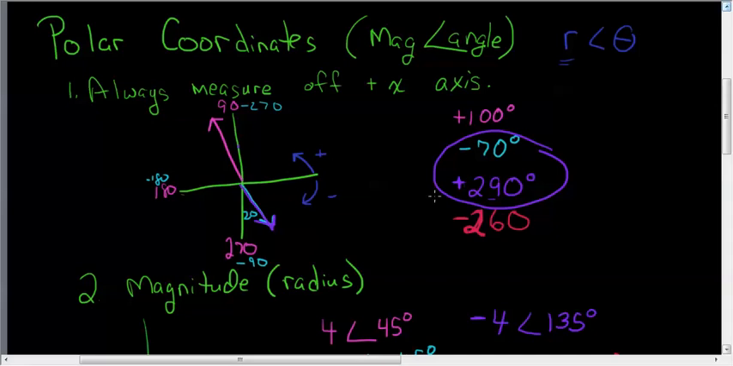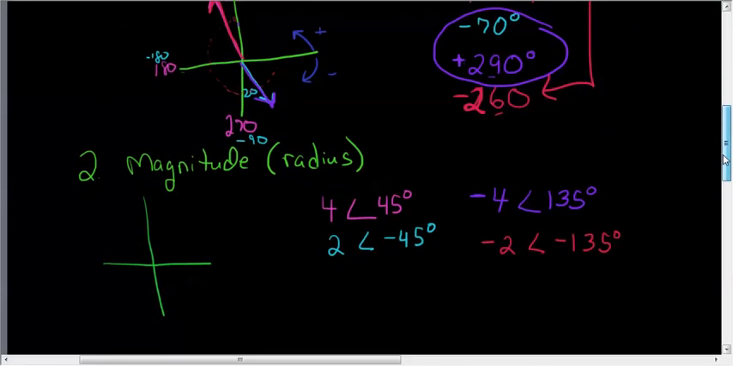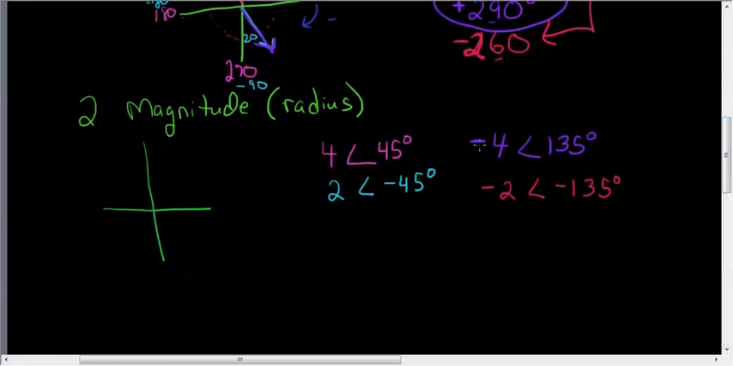Same thing with this negative 260. Negative 260, if I start here and I'm going negative 90, negative 180, negative 270, whoops, I went too far. How far? I went 10 degrees too far, so I have to back off. Negative 260 is the same angle as positive 100. All right, so that's half of a polar coordinate, the angle. So the first thing we do is we turn to the angle and then we go forward or backwards that radius. So magnitude